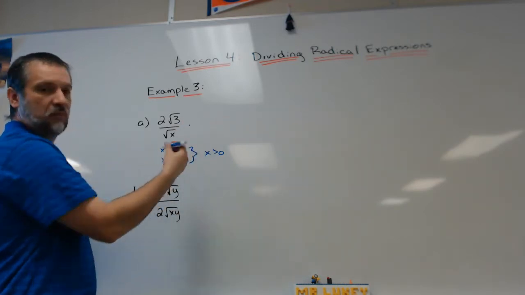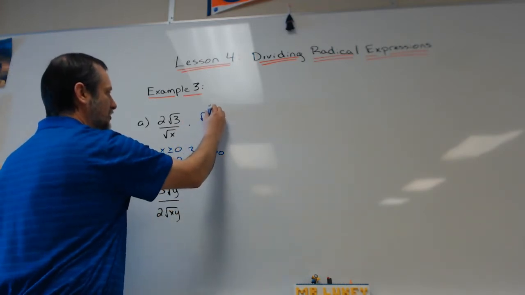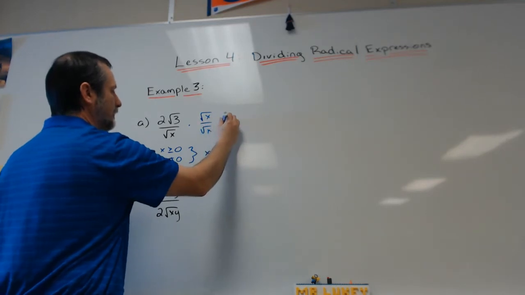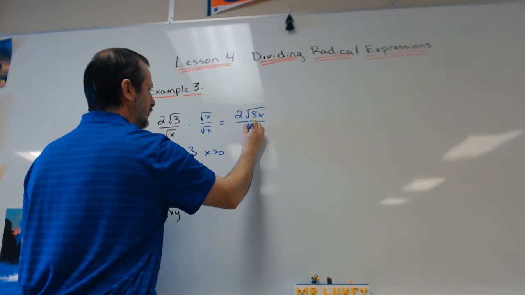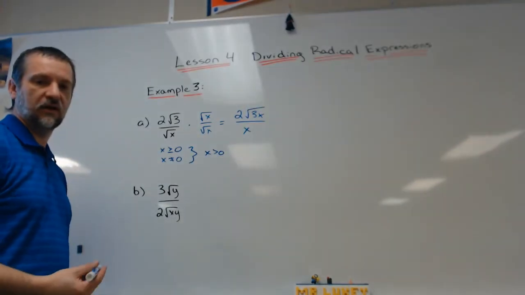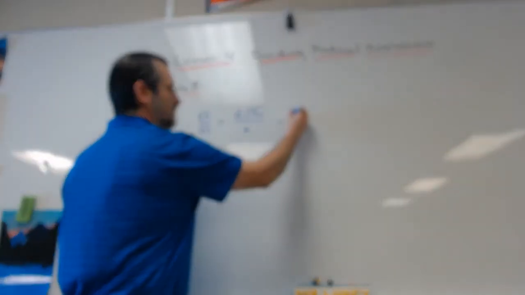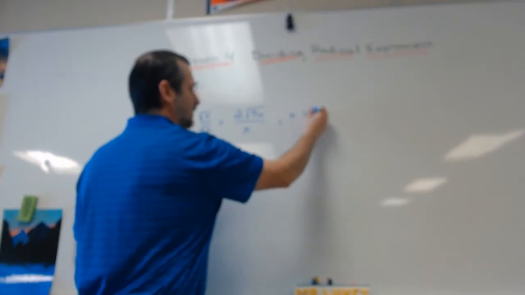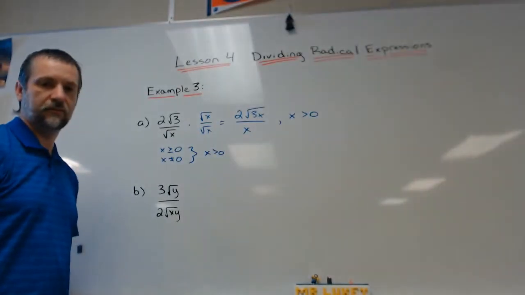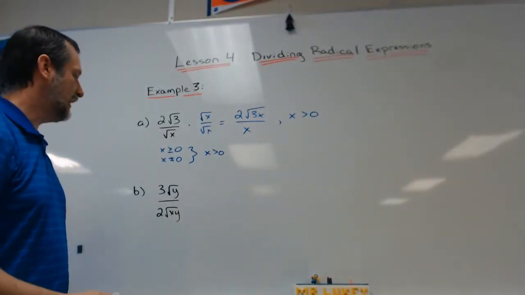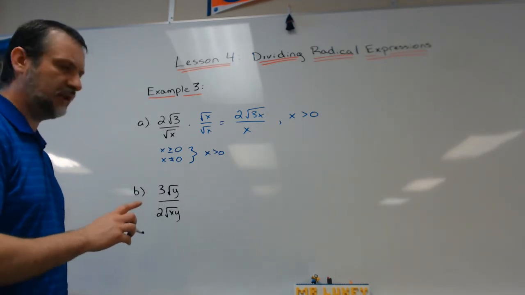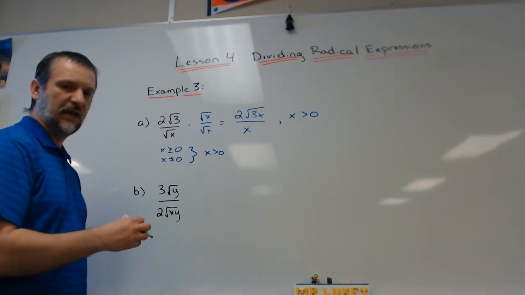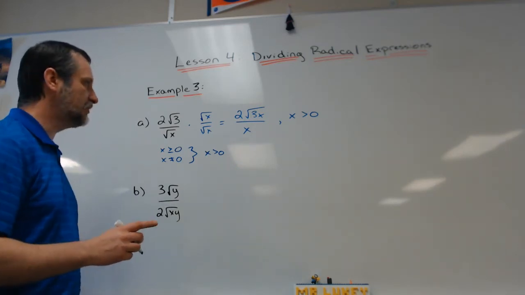Otherwise, we proceed as normal, right? We want to rationalize the denominator, which we have done here. We would just need to state our restrictions with that, where x has to be greater than 0. The next one has a little bit of a complication to it that I'm not going to get to. We're going to keep this one straightforward and simple. I'll give you a quick glimpse into what the issue is, but